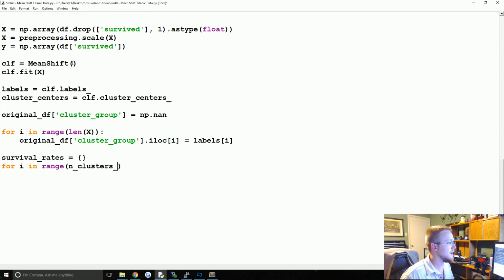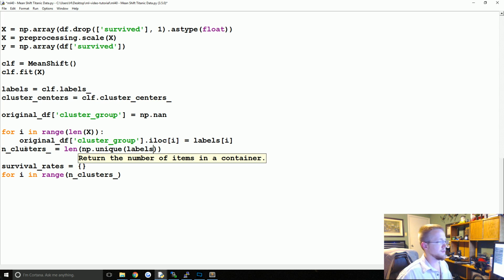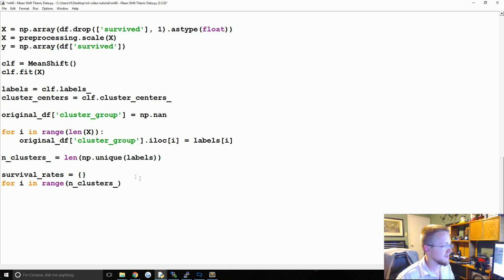Did we even define n_clusters? We probably better define it. So we're going to say n_clusters equals the len of np.unique labels. So just however many unique labels we have, that's how many clusters we have. So then for i in range of those clusters,